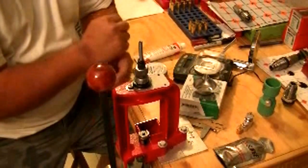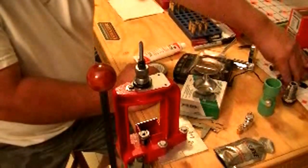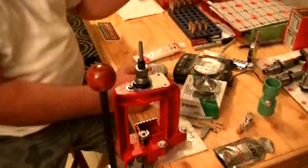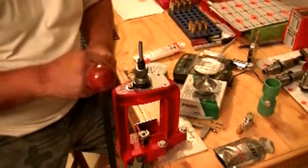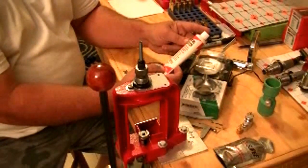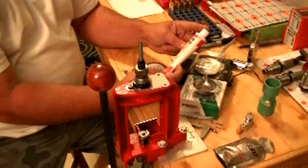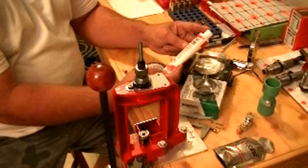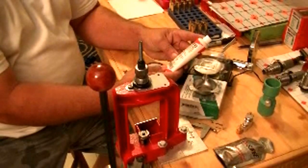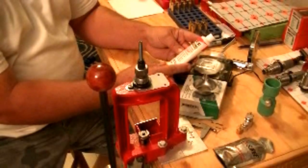Actually, when I purchased most of my reloading equipment, I bought the Lee Challenger kit that came with a lot of the components, including the Lee Challenger press, and it came with this resizing lubricant in the kit. I started using this, and it must be water based. I haven't really read the back. I don't know if it says the ingredients that they use to produce this resizing lubricant